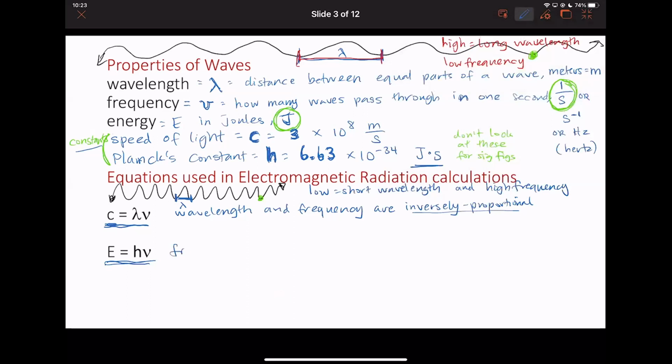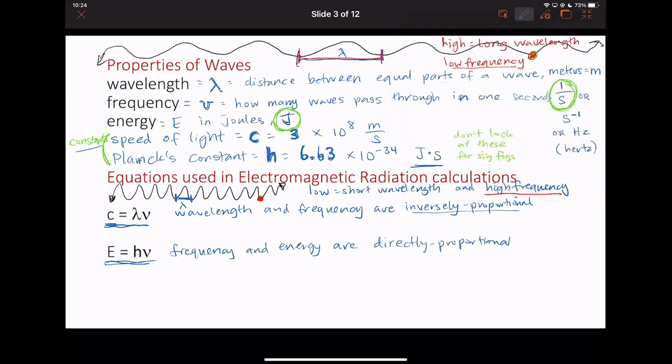So this is basically frequency is directly proportional to energy. Directly proportional means the same. So this is a low frequency, like this one up here. A low frequency, not many waves passing through in 1 second, will also have a low energy. Or this one, this high frequency, a lot of waves passing through this point, will have a high energy. And so the